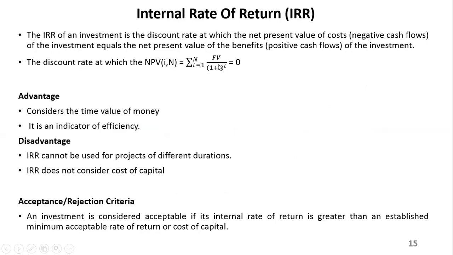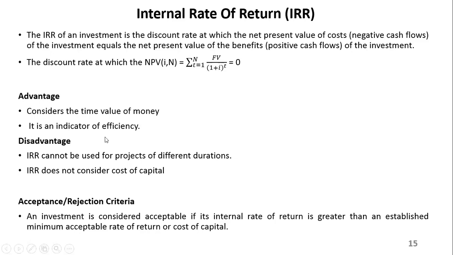So normally, this equation is the same equation you use for NPV, but what you do not know now is this rate, this discount rate. If you plot this on the graph, you have a discount rate on the horizontal axis, and the amount, the cash flows, on the vertical axis. Where that graph cuts the horizontal axis, that's where your NPV is equal to 0. That's now the internal rate of return, that discount rate.